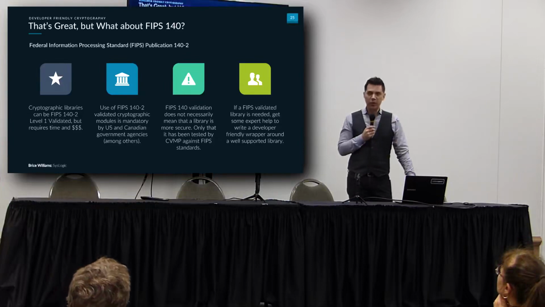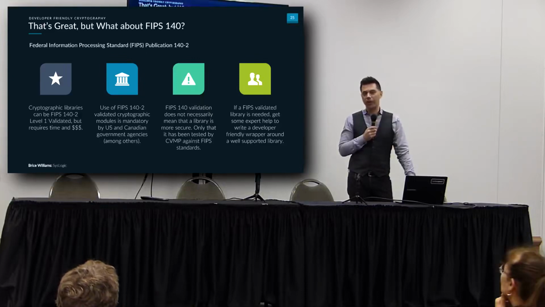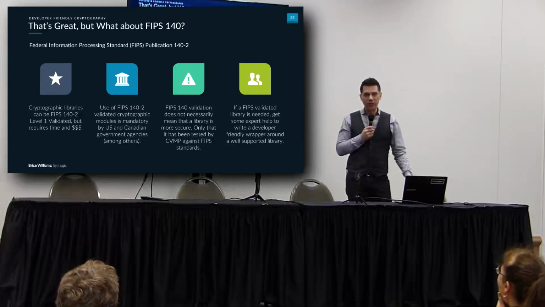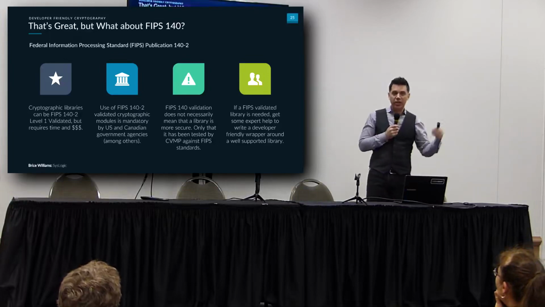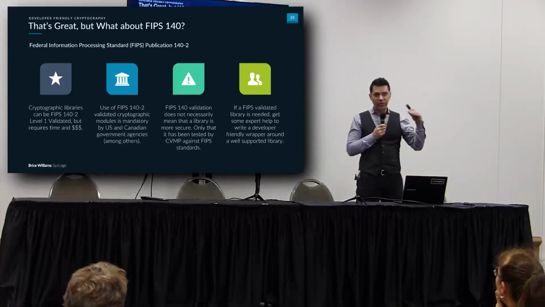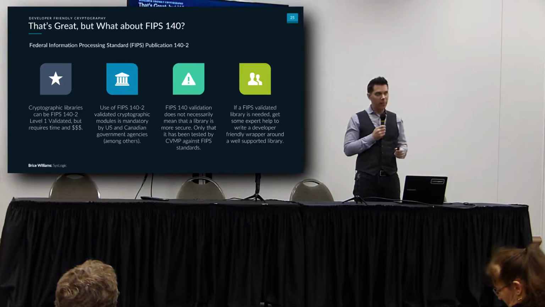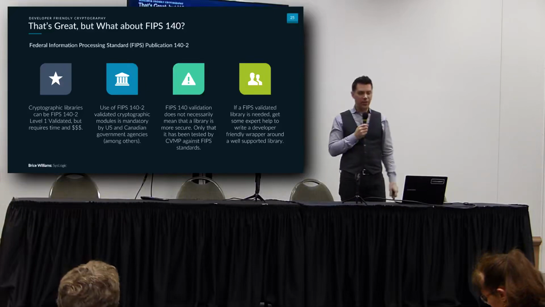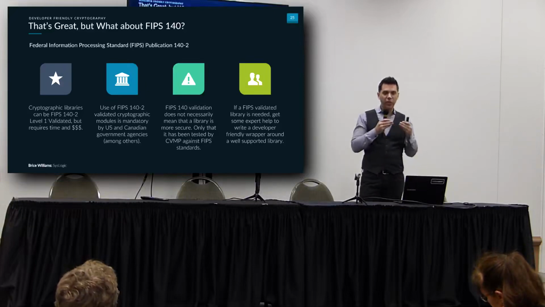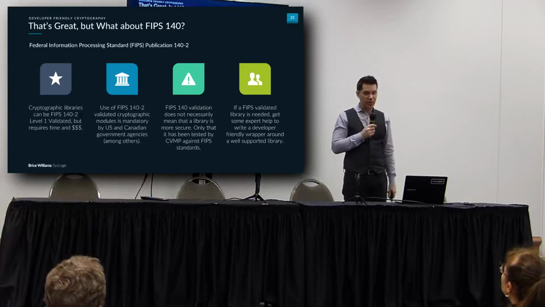But that validation requires some time and money. You actually have to ship your library off to a testing organization called CMVP. They run it through its paces, look at a whole bunch of things with it. Obviously, it takes a lot of time, and you have to pay them. But then you get a certificate that says, okay, we tested this particular library on this specific set of hardware, and they actually will list out, whether it's 2 or 4 different hardware-based environments, like Windows 2008 with this particular version on it. So they certify that it will work properly according to FIPS approved standards with that particular environment.